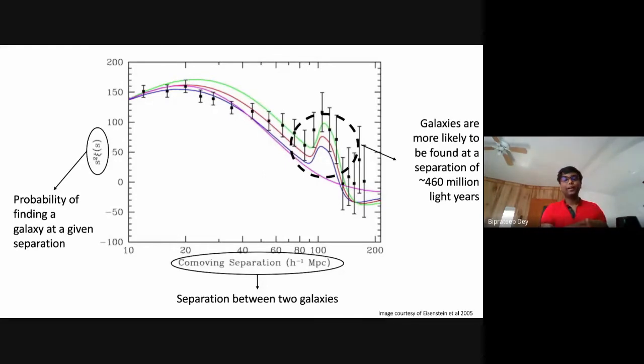Though it was theoretically hypothesized in the 1970s or so, it was observed using the Sloan Digital Sky Survey for the first time in 2005, which cataloged about a couple of million galaxies in this three-dimensional space. This plot is from a paper, and the x and y axes do not directly correspond to what I label them as, but they are synonymous to this fact. I just, to make things simpler, have relabeled them.